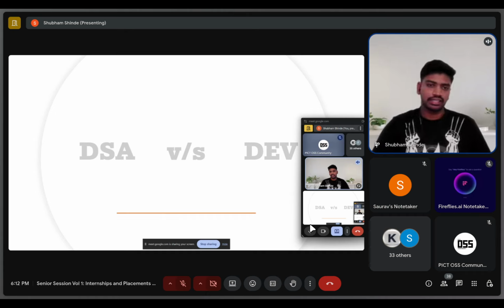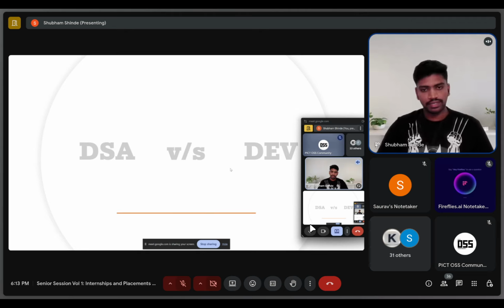People said, okay, I learned the MERN stack and I want to develop a project using the MERN stack only. But when any problem statement is given, just think about how that problem is solved optimally. So you have to do DSA and development both, because development is a necessary skill when you go to hackathons, and that's why CP people often fail to stand in the interview because they have bad dev skills.